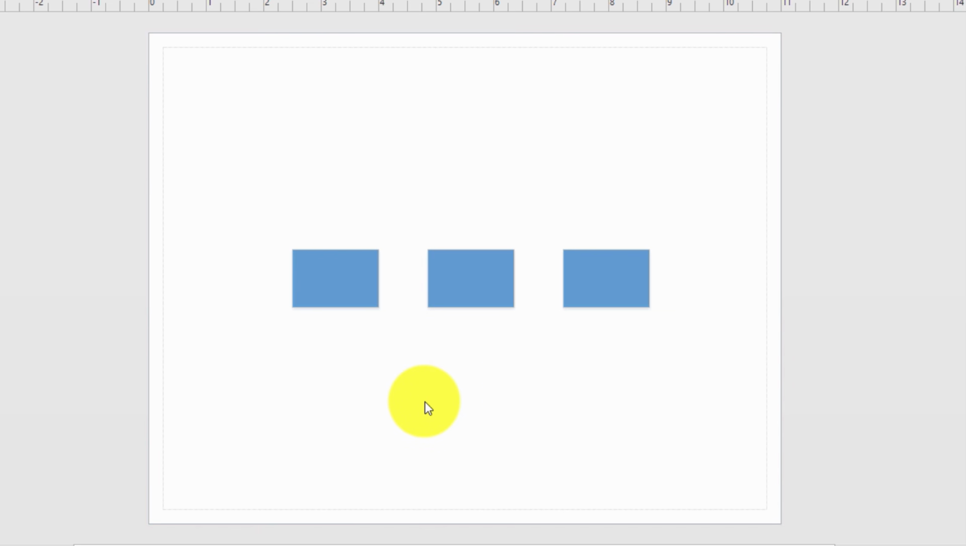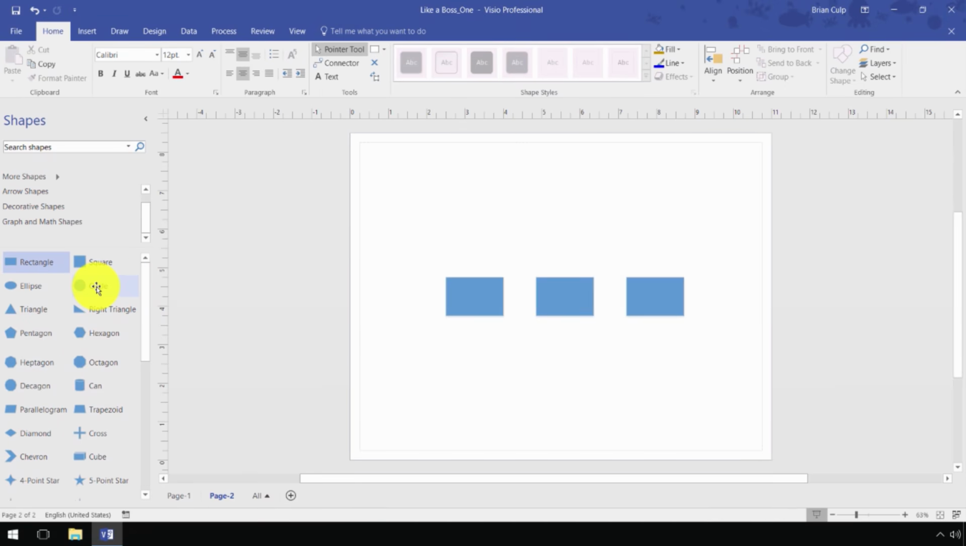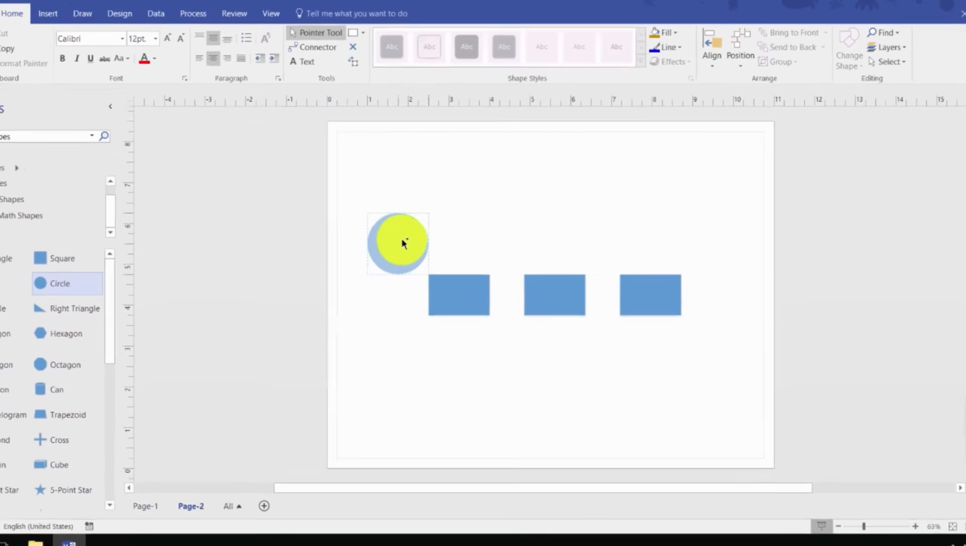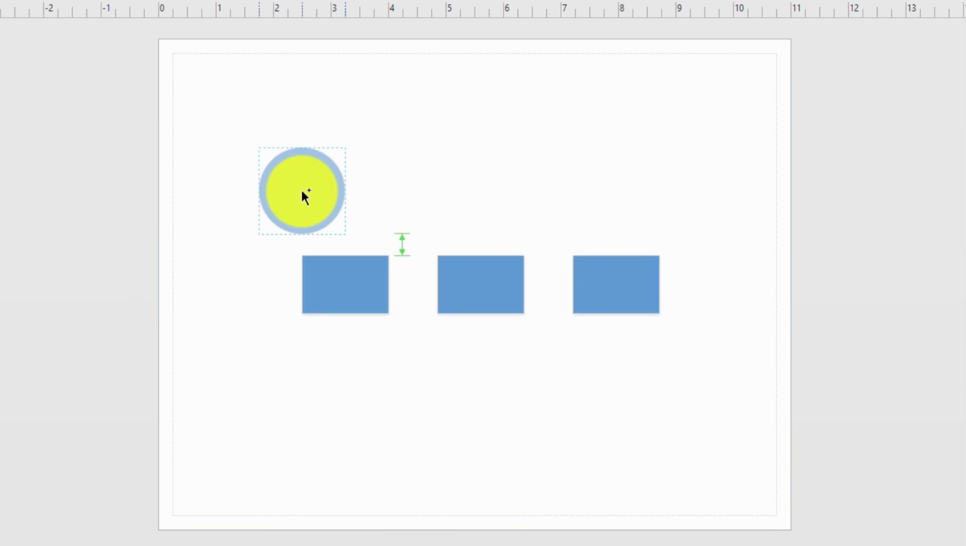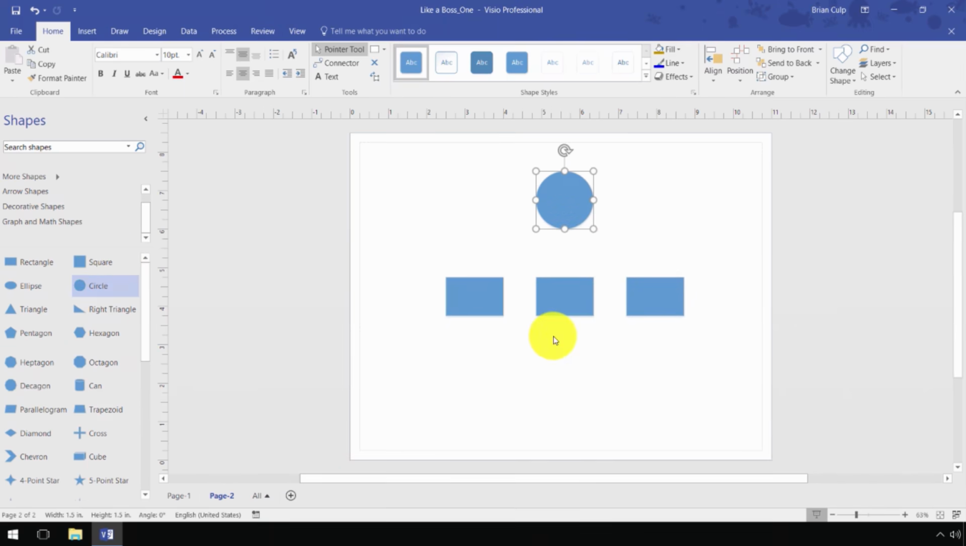Here's where else the dynamic grid will come into play. Let's say I want to drag a circle onto the canvas. Now, I'm going to drag it, and the dynamic grid helps me align the circle perfectly with that rectangle or that rectangle, and also helps me keep that circle exactly the same distance apart